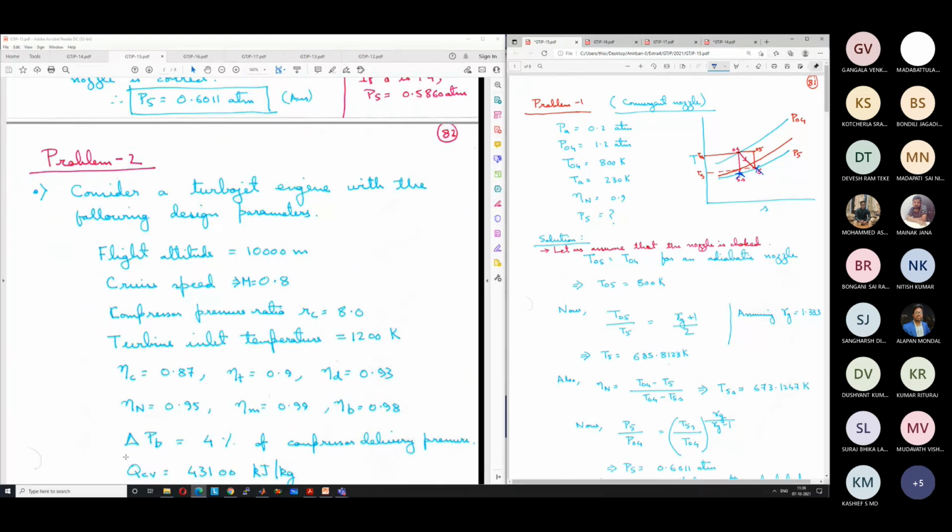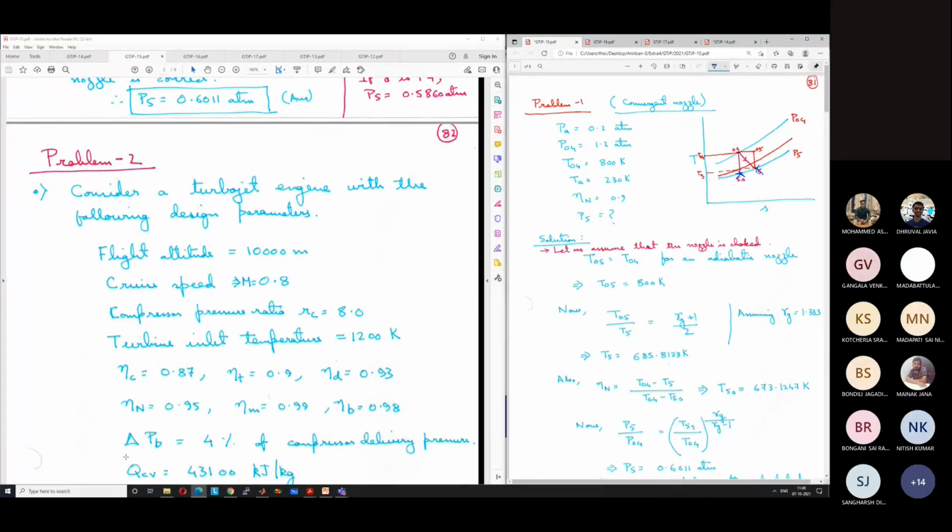So now, any questions on this? The diffuser and nozzle part should be very clear to you. Please read this part. This is important for all the jet engines. The other parts are quite easy. Easy means you are very familiar: compressor, turbine, how to calculate, combustion chamber. These are the new things, diffuser and nozzle. And we need to accurately understand these parts to calculate the characteristics of any type of jet engines.